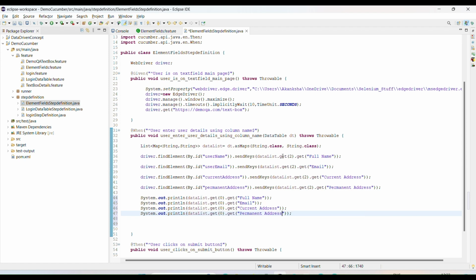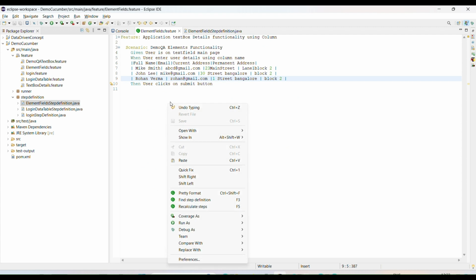And if you want to check which data you are going to enter, simple, you can use the second index. I want to print all the values that I am entering inside the application and see them in the console also. So I'm using the second index, right? This way all the second row data is going to be printed inside the console. Simple, print, copy this and run again.